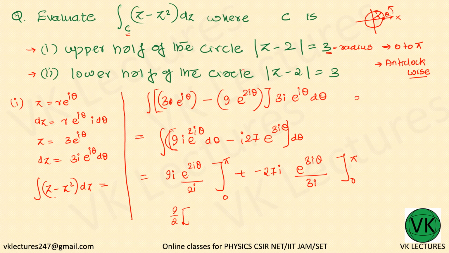Why? e to the power i theta means cos theta plus i sin theta. Theta term is pi, sine term goes to 0, so cos 2 pi is 1. So 1 minus again the terms gives us e to the power 0, so again 1 minus 1 plus